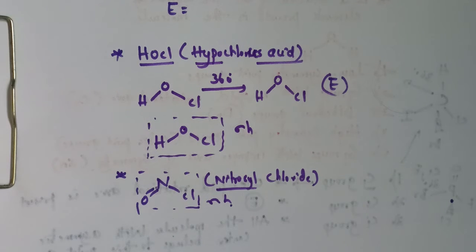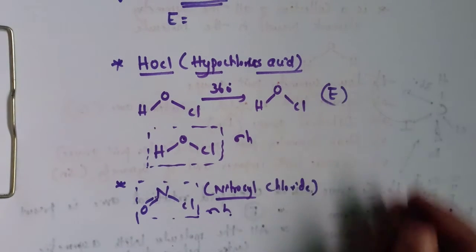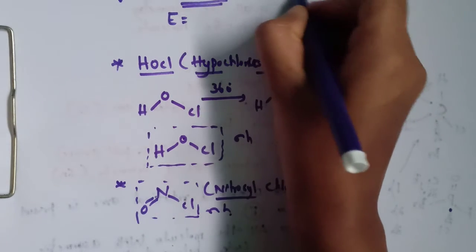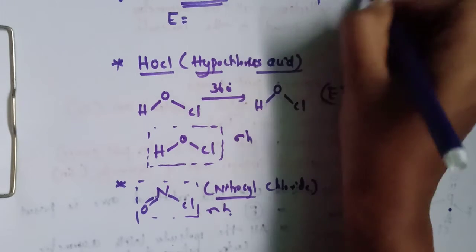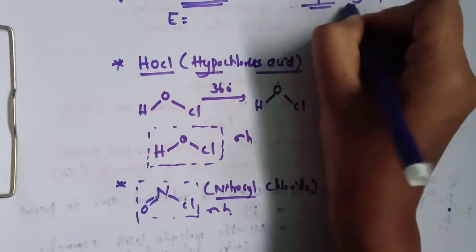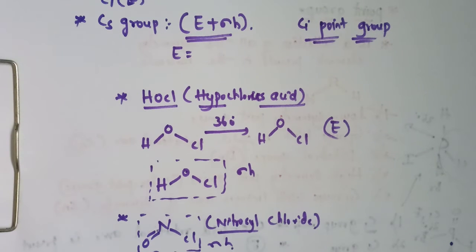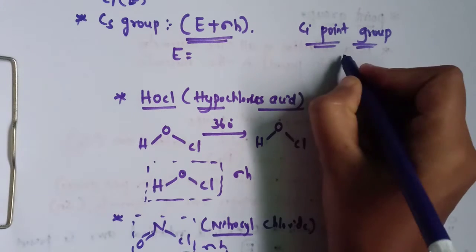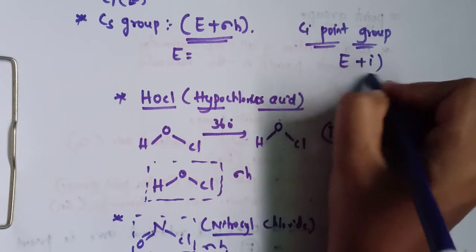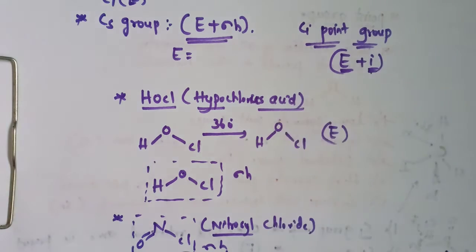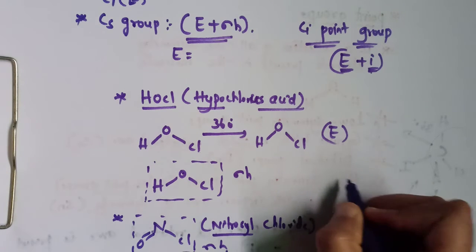Now let's move on to the next one, that is the Ci group, Ci point group. See here, what does Ci point group mean? It has two symmetry elements, that is E plus i, that is identity plus inversion. Only identity plus inversion is present in this Ci group, that is Ci point group. Now let's take an example for this,